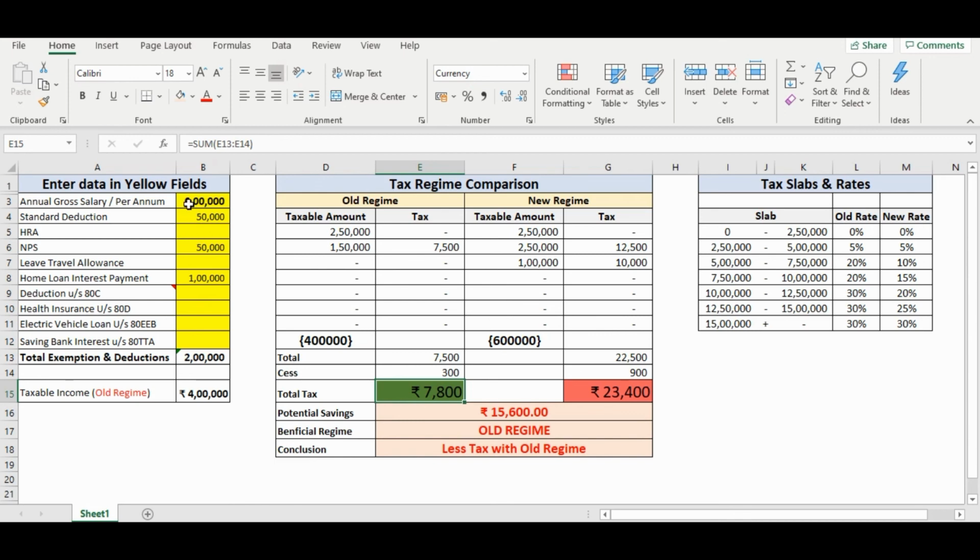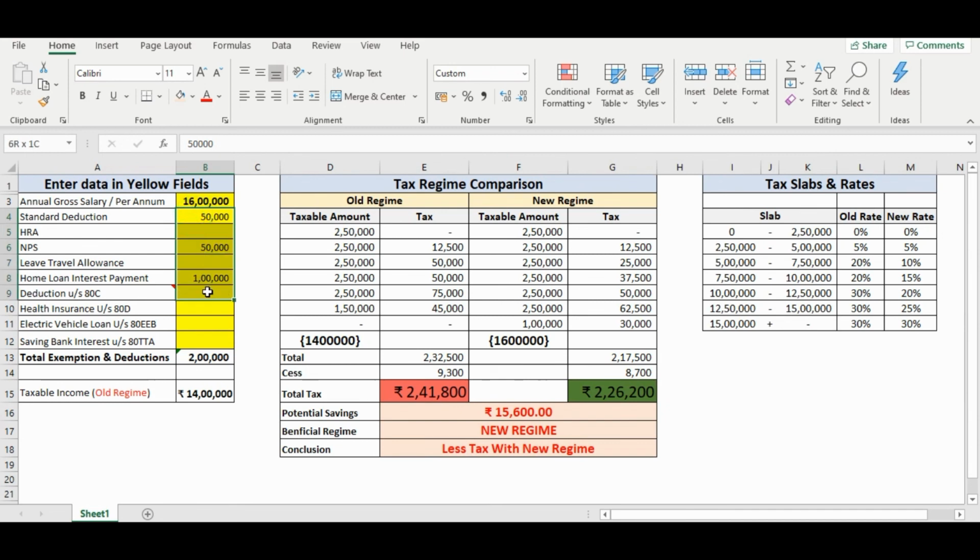Let us take another example where let's assume our income to be 16 lakhs and see what happens if there are no deductions. So clearly for the income of 16 lakhs per annum without any deduction, new regime works fine where we can save around 78,000 rupees. But if we go for some deductions or with some investment, let us see what happens.